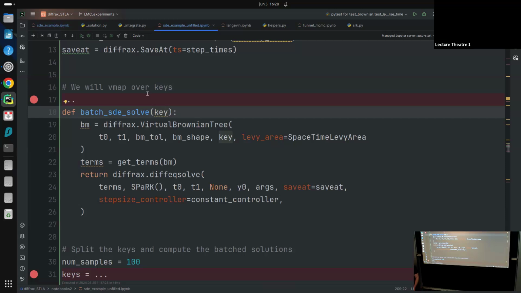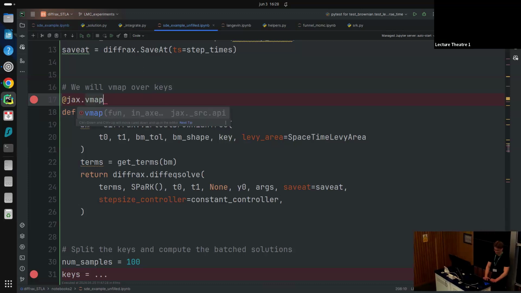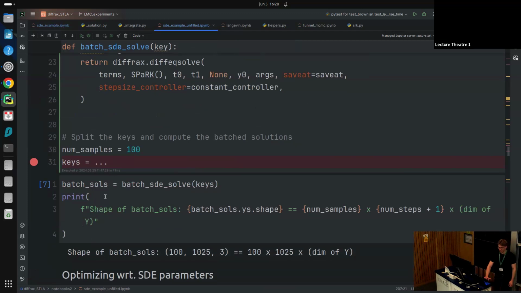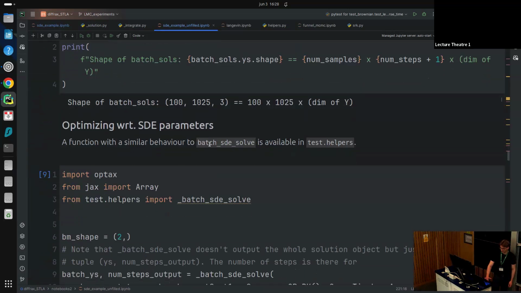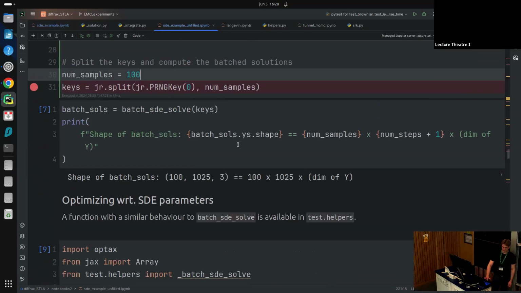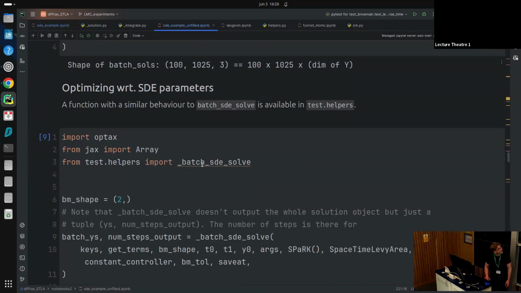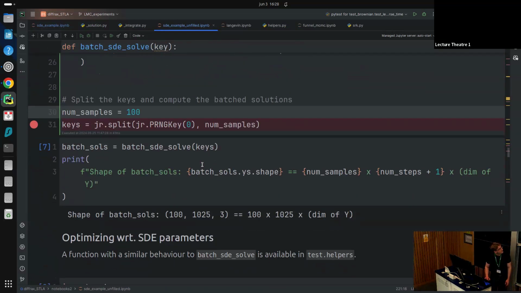And to do that, what you need is just jax.vmap. And that's all. And then to produce your keys, you just do this. And that will produce many solutions of the SDE, right? So 100 of them. And then once we have this whole batch of samples,